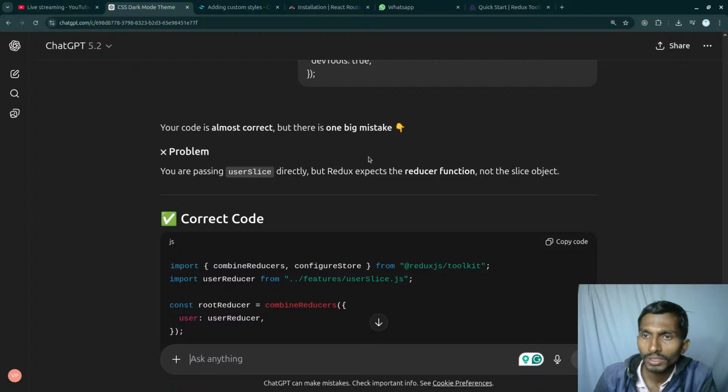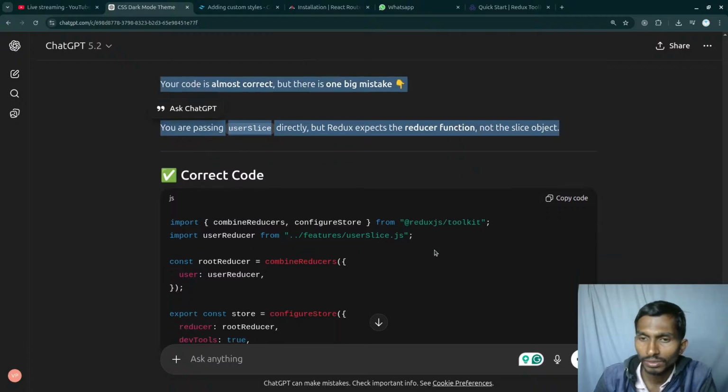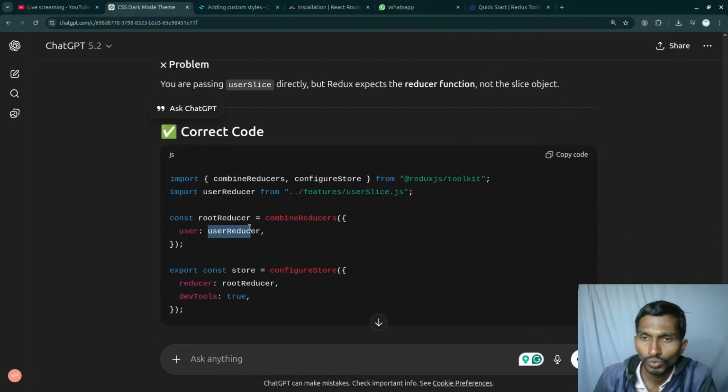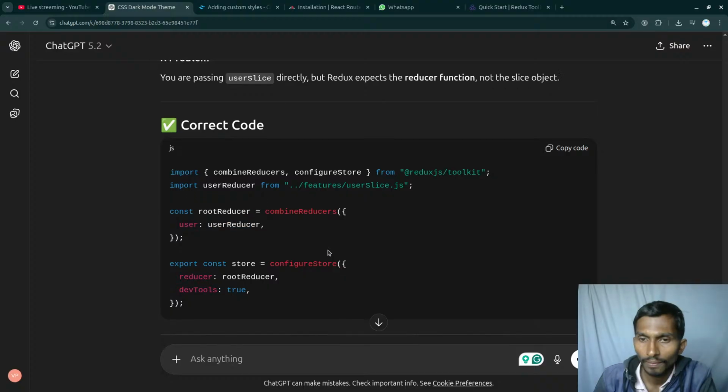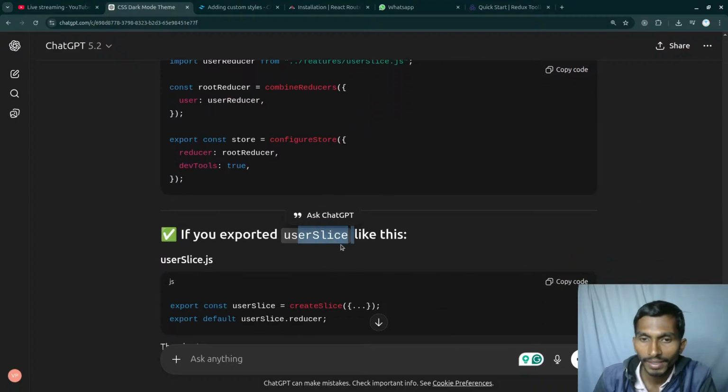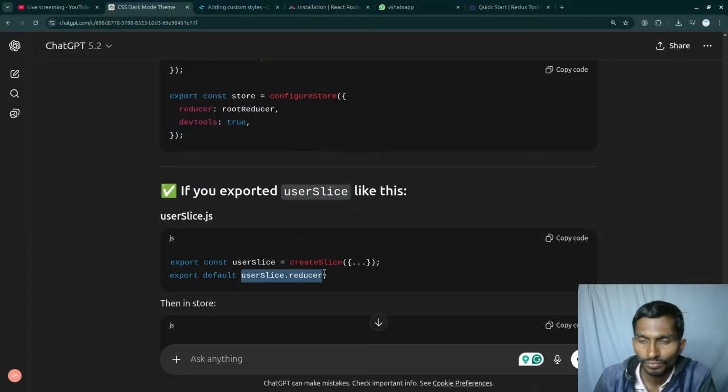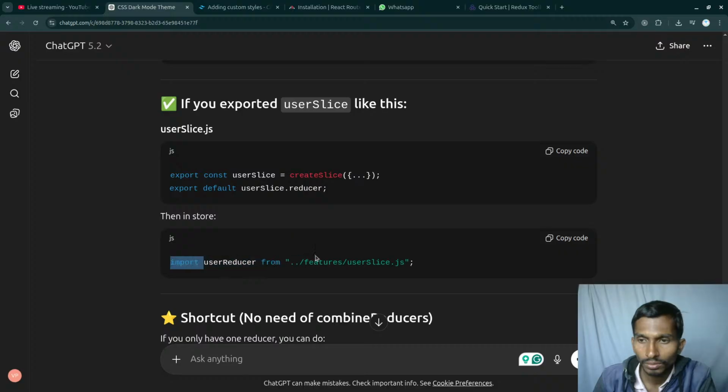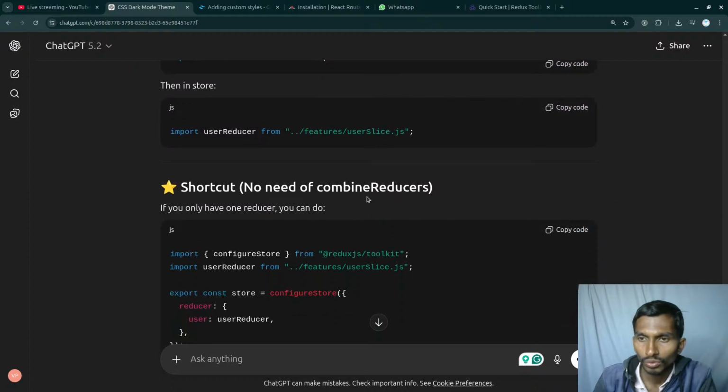Your code is almost correct, but there is one big mistake. You are passing user slice directly, but reducer expects the reducer function, not the slice object. So user reducer from features user.slice. If you exported user slice like this, then user reducer from features user slice.js. Shortcut, no need to combine reducers. If you only have one reducer, you can do